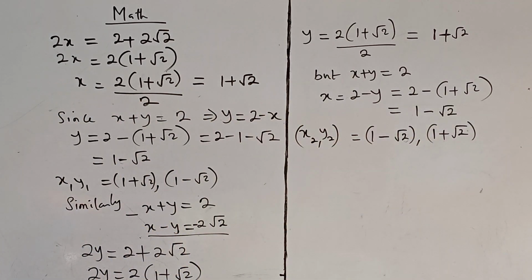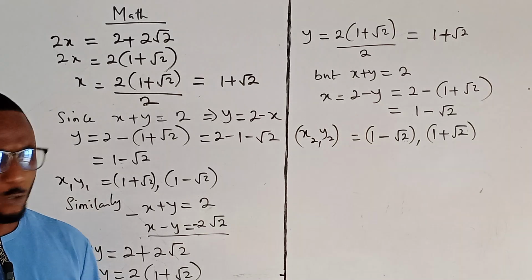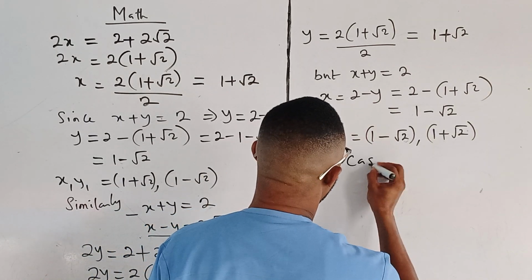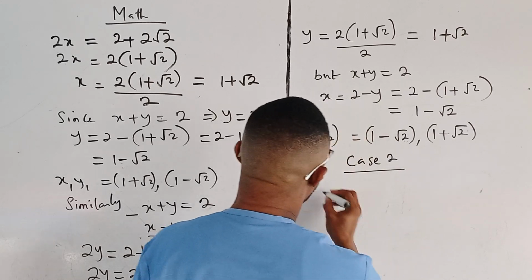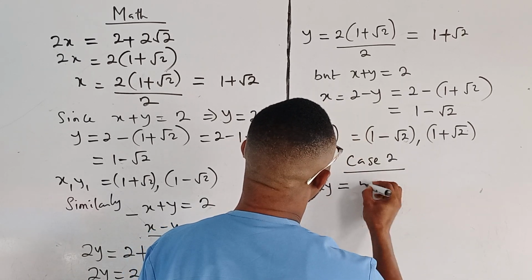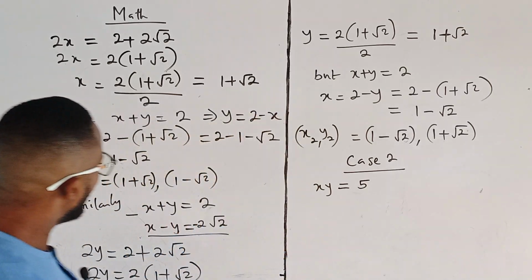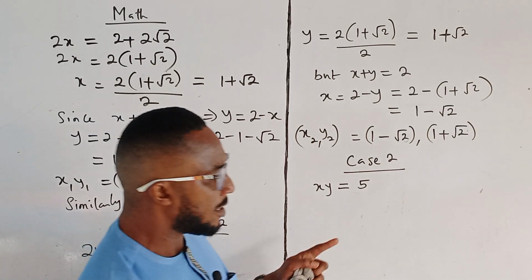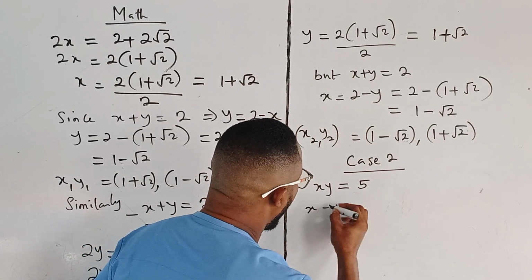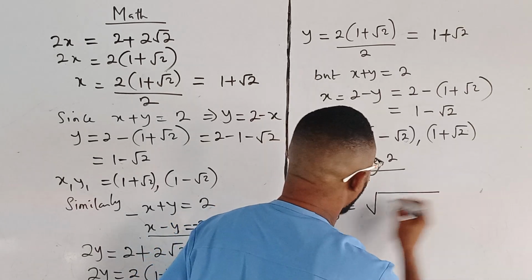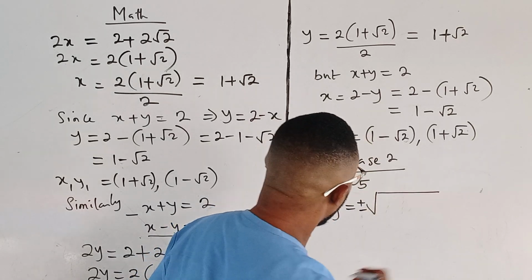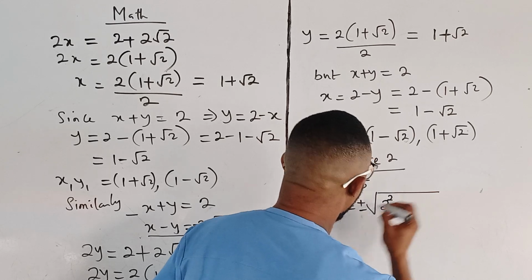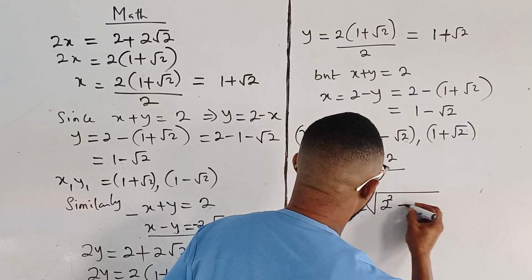So the next thing to do is, okay, let's consider case 2. Case 2, sy is equal to 5. Then s minus y will be plus or minus the square root of 2 squared, minus